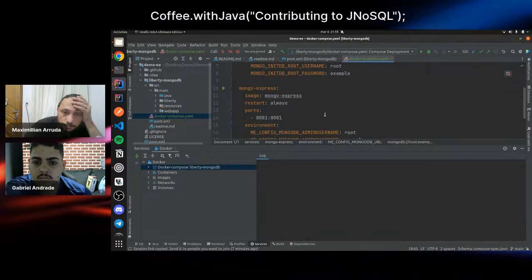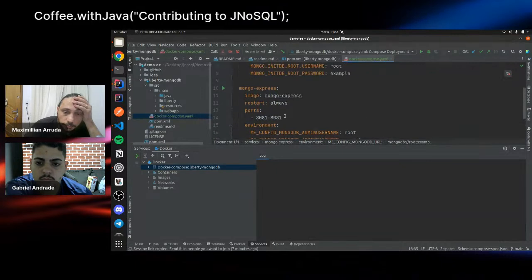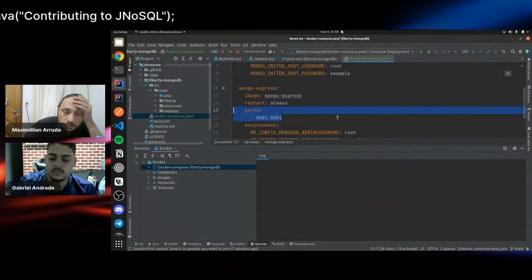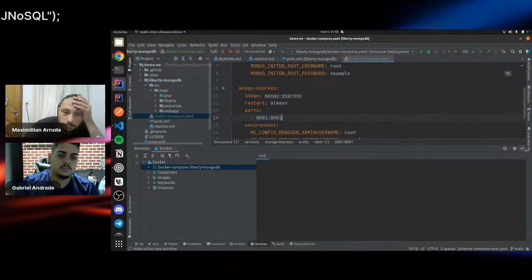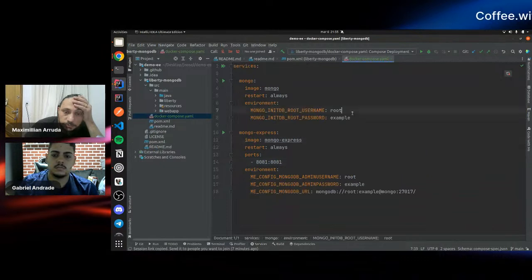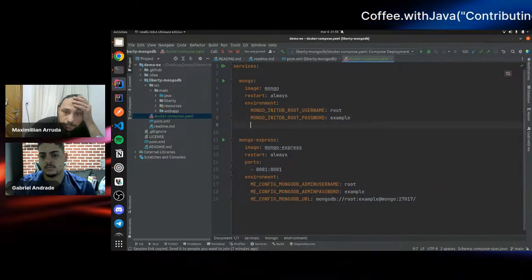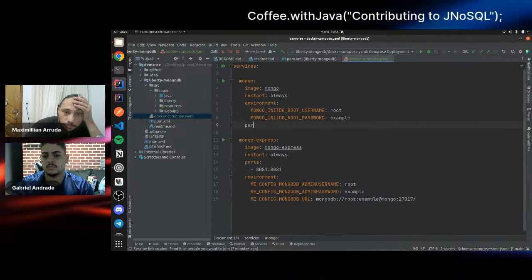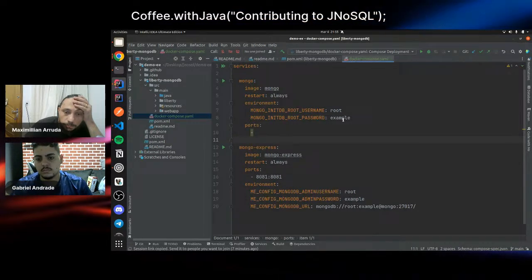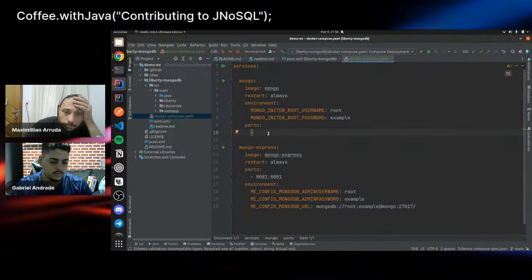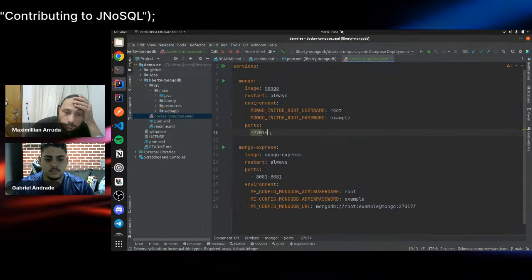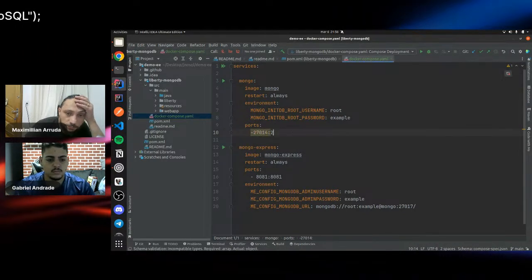But you still need to expose the port of the Mongo container. Go to the first server, please. Put a space before the number, please.